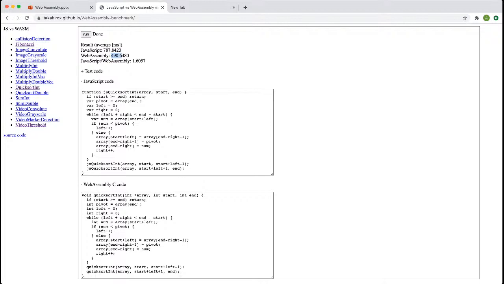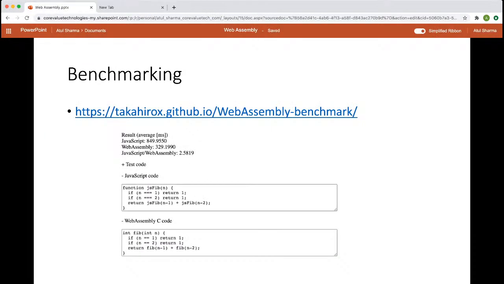So WebAssembly is faster than JavaScript here. But we have seen that in the case of video threshold manipulation, WebAssembly was lagging behind. So it is not the case that WebAssembly will win in all cases. It is up to us to identify for which case we need to use WebAssembly and for which case we need to go with native JavaScript.